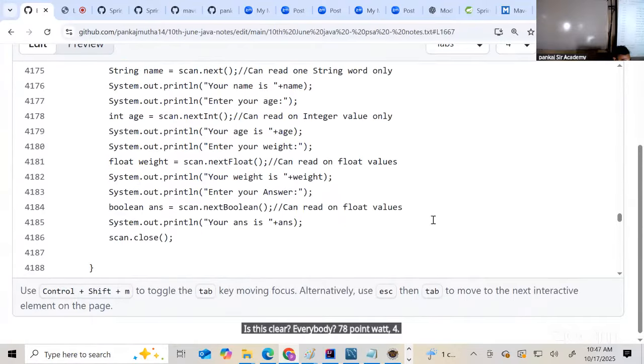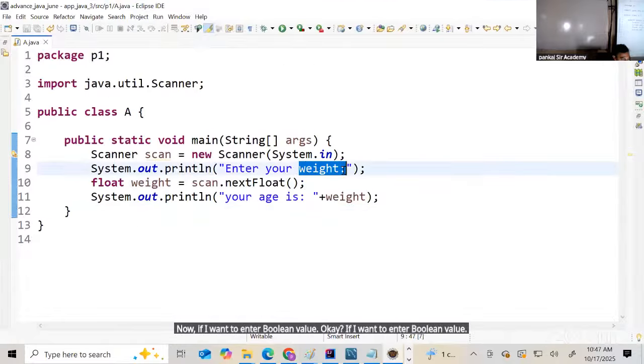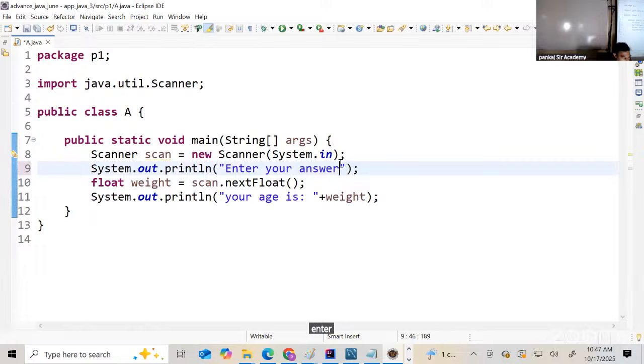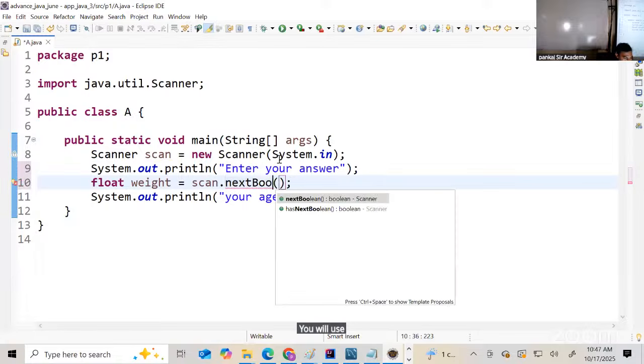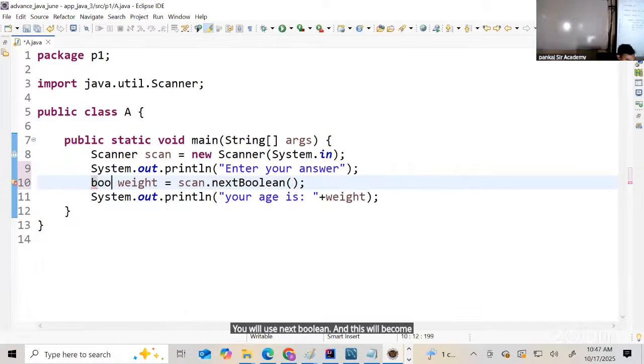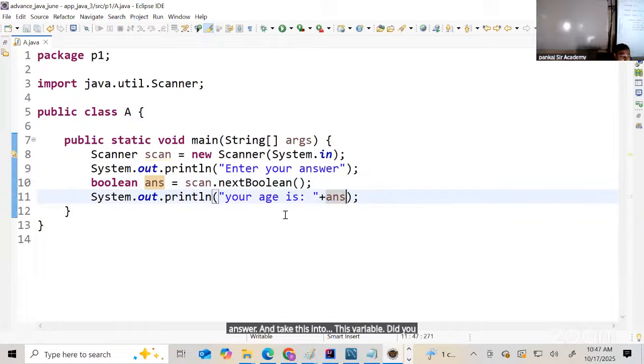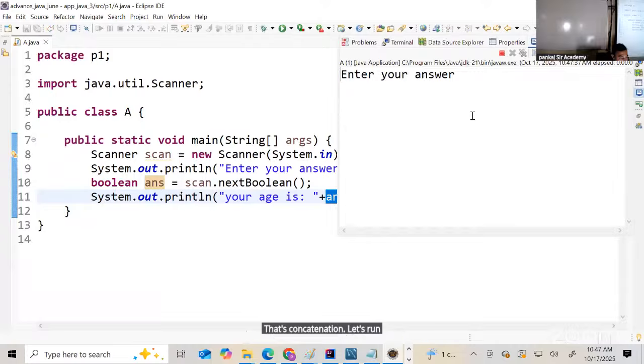4. Now if I want to enter a boolean value, enter your answer. So here scan dot, you will use nextBoolean, and this will become boolean answer, and take this into this variable. Did you understand now? So when you use a string plus boolean, the complete thing becomes a string. That's concatenation. Let's run this. Enter your answer, true. So boolean values are true or false. Or if you enter anything,